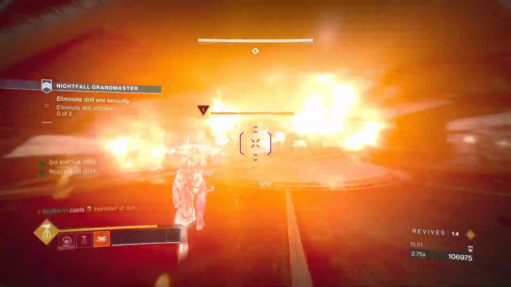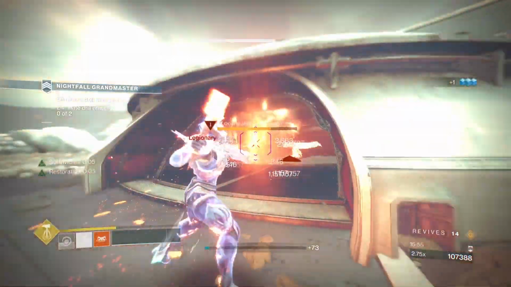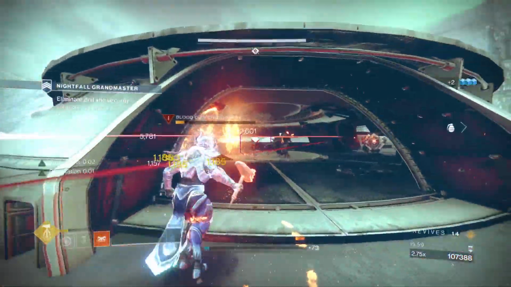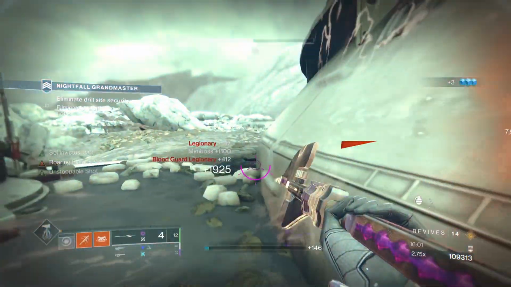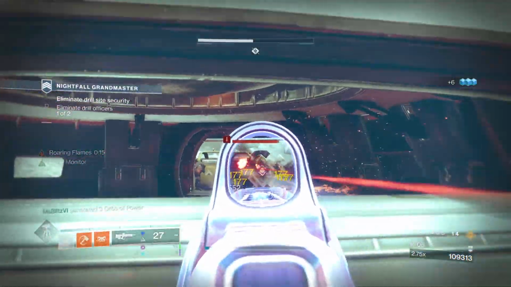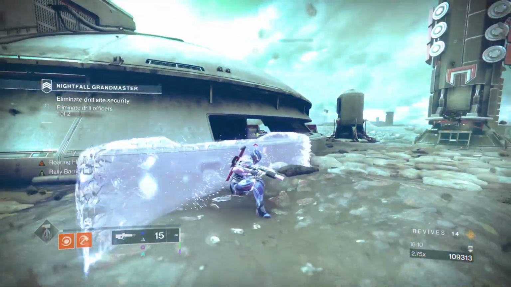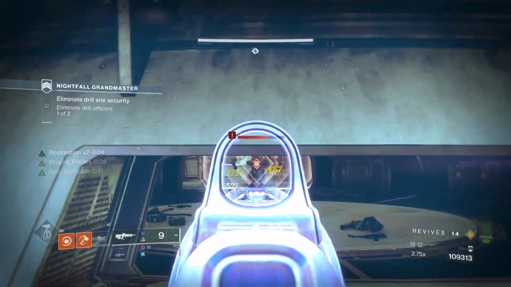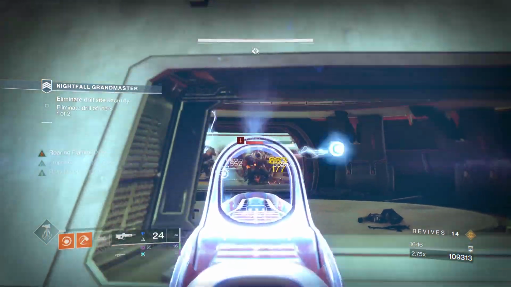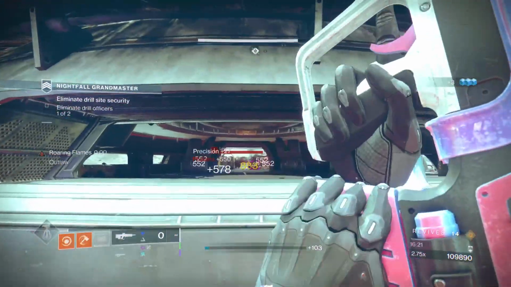So now I'm going to be using my super. And then just throw hammers, and lots of hammers. Make sure you use the glaive bubble, right, to have higher resistance when the cabal shoot you. I think it's around 97%. I'm not 100% sure, but it does have high resilience when you use the glaive bubble, not the void bubble,